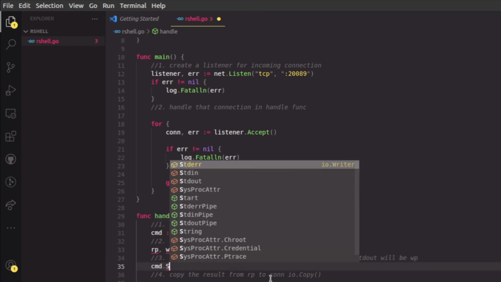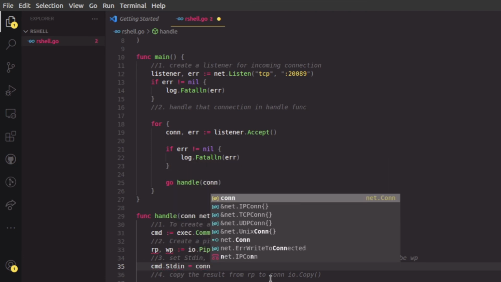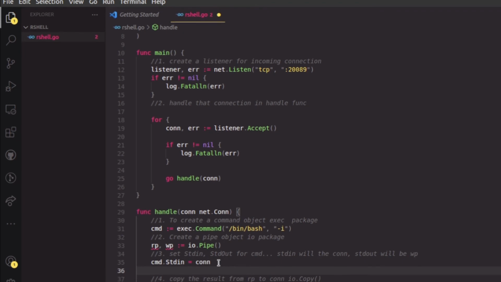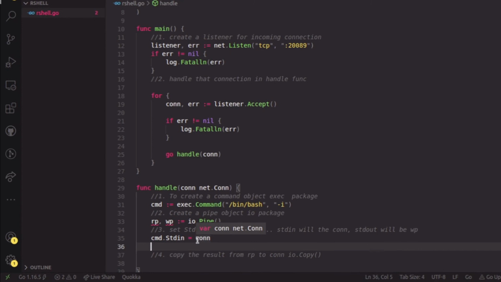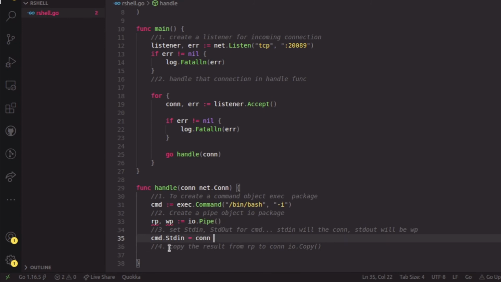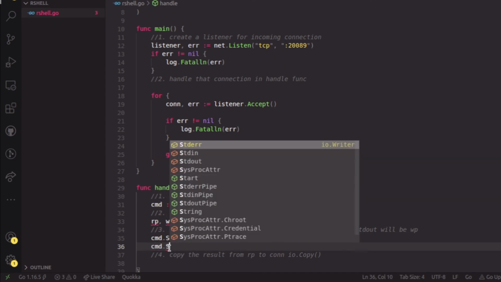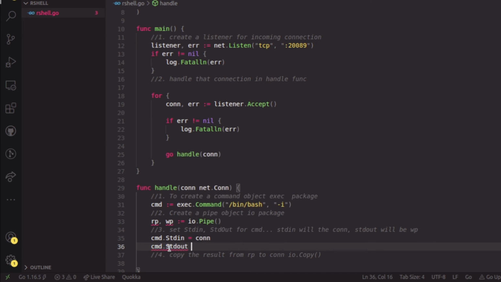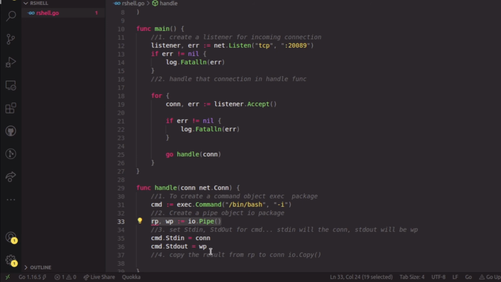The command will have a standard input object, which we are going to set to the connection, which means please read the commands to execute from this connection object, because both these objects implement reader and writer methods. That's why we can set it. So here the interfaces which we learned earlier come into the picture. The next thing is standard out. We are going to set this to the writer process of the pipe which we created here.